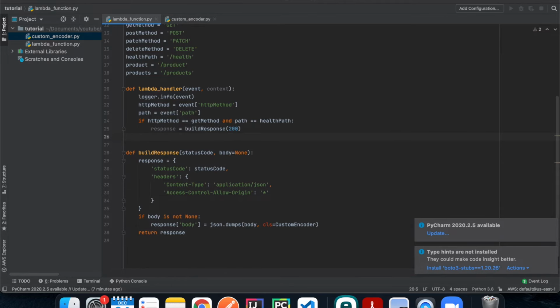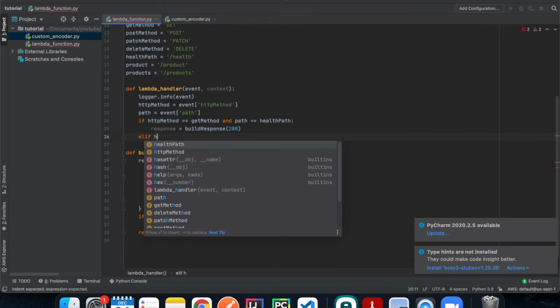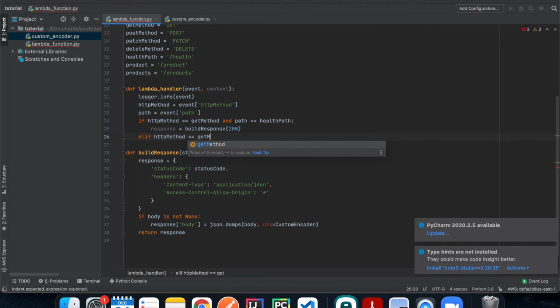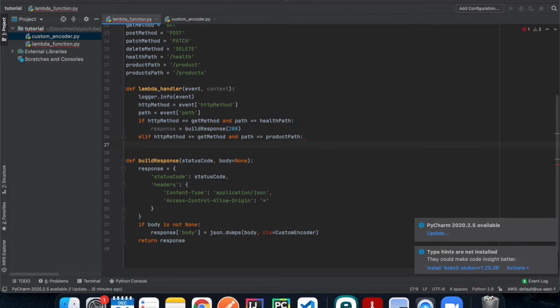So the second scenario is that if the HTTP method is a get method and the path is a product path, let's fix the name here, that means we want to get a single item. So we're going to set the response to be equal to get product. We're going to define this method later. We're going to take the product ID from our query string parameters. Then we're going to pass in a